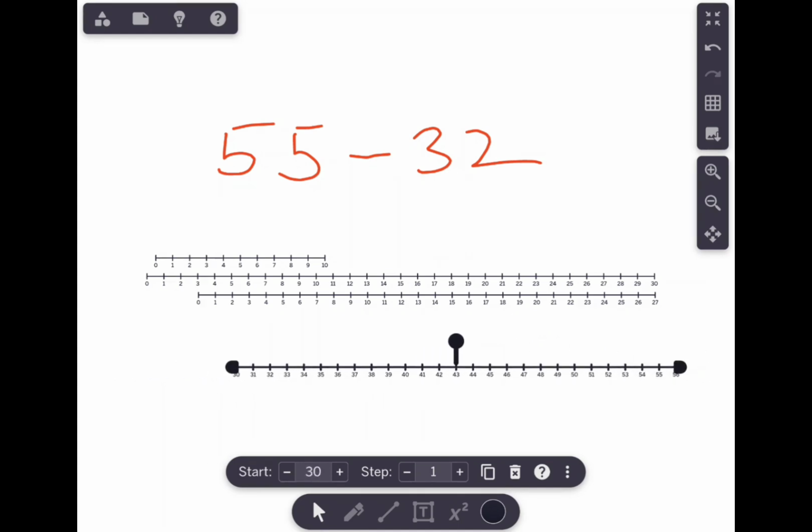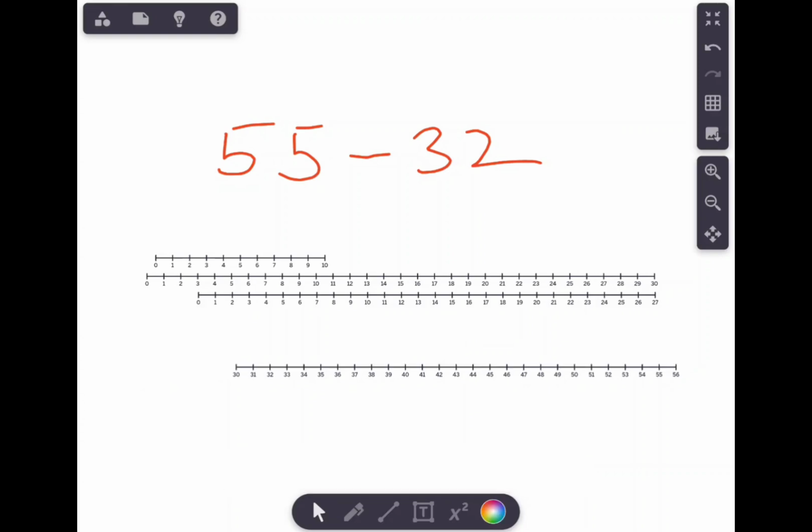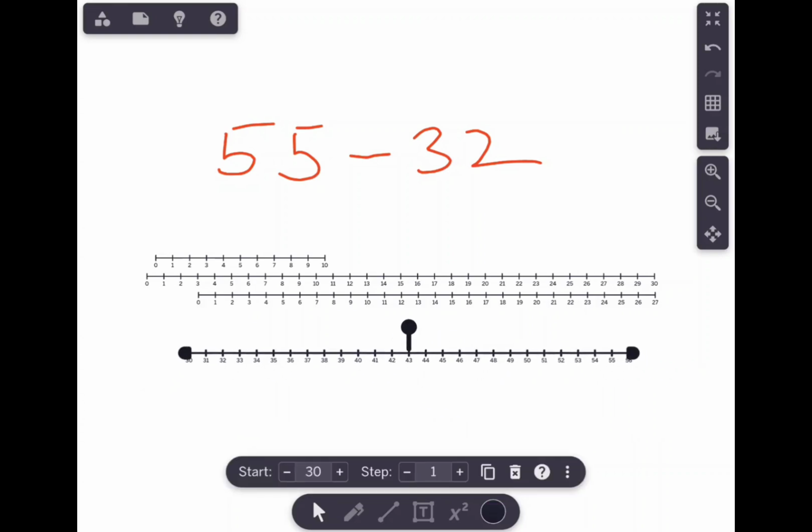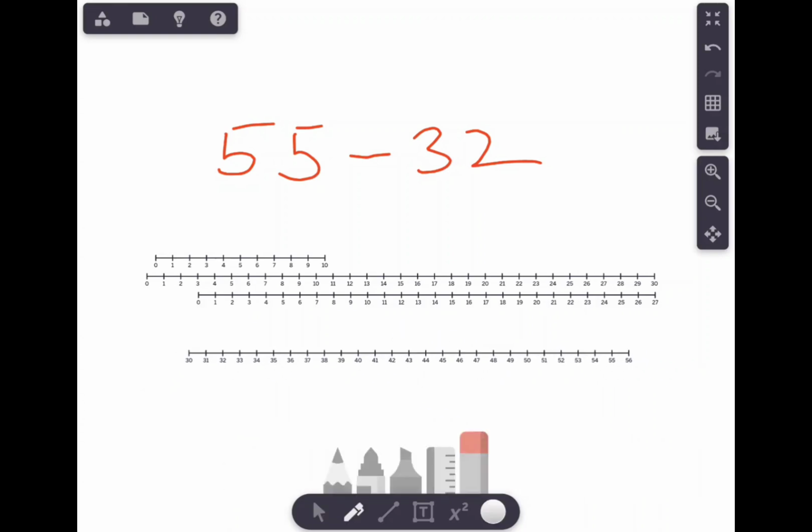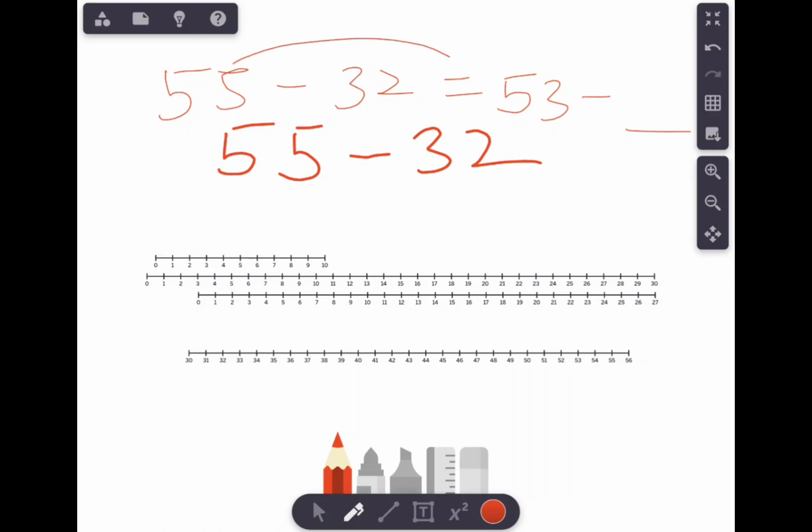No, I need to adjust more. Let's say 55 minus 32 equals 53 minus something. So I reduced 2 from each of them. So if I reduce 2 from 55,